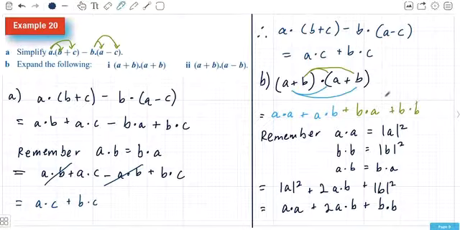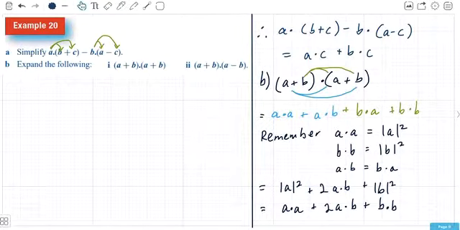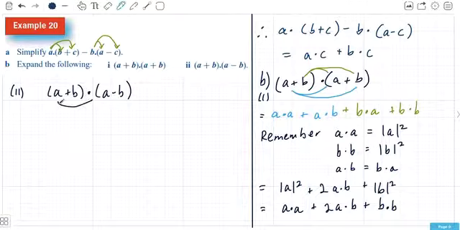Okay, to finish off, if we look at the last one, which I'll just delete this section here, and we're looking at b, this was part 1. Part 2 for b is (a plus b) dot product with (a minus b), and again we're just going to expand across that bracket, so we have a dot a, minus a dot b, and you can probably see what's going to happen here, plus b dot a